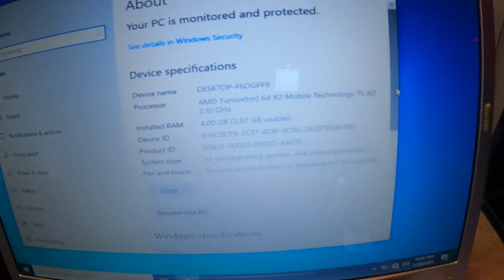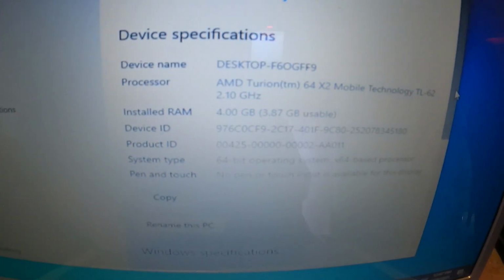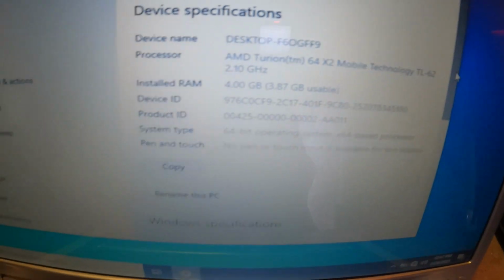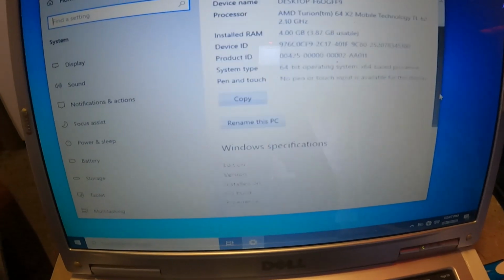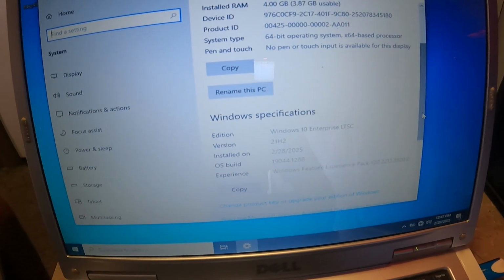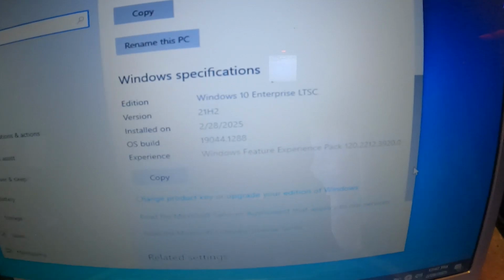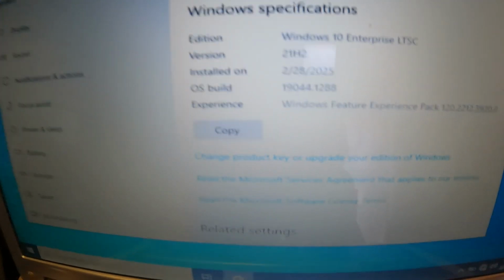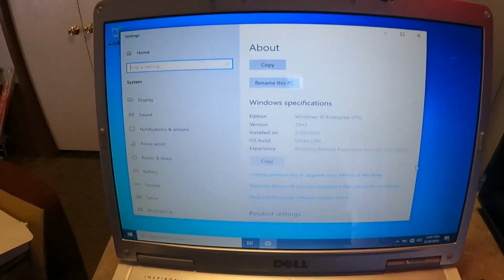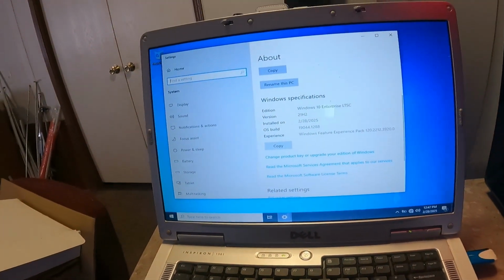So there's the specs of this thing. She's rocking an AMD Turion 64x2 mobile, like I said, 4 gigabytes of RAM. Go down to the OS here. It's hard to see with the glare on this screen, so I apologize for that. Windows 10 Enterprise LTSC 21H2. Shows when it was installed. But if you want to activate it,